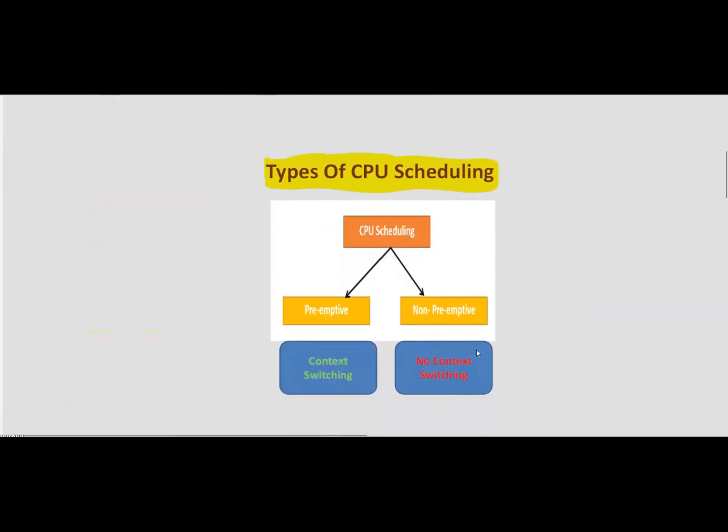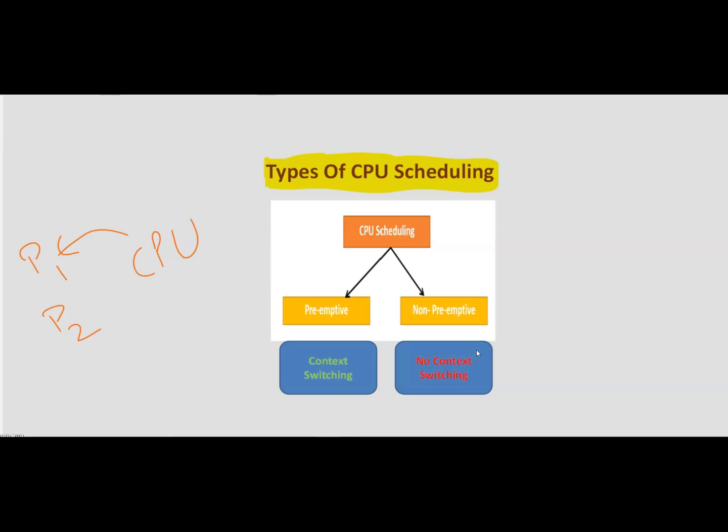Okay. The next topic of CPU scheduling is the types of CPU scheduling. There are two important types: the first is preemptive, and the second is non-preemptive. Let us see the difference between both types. The first type is preemptive. Again, we will explain with the help of examples. There are two processes, P1 and P2, and they are both waiting for the allocation of the CPU. Let us assume that P1 comes first and we have allocated the CPU to P1.